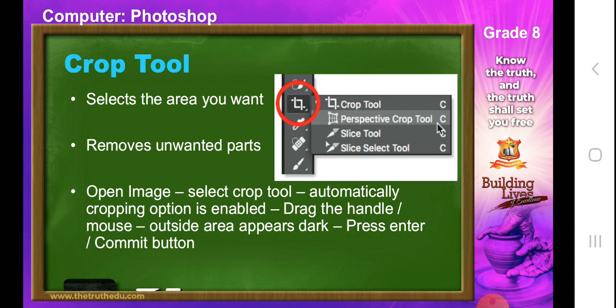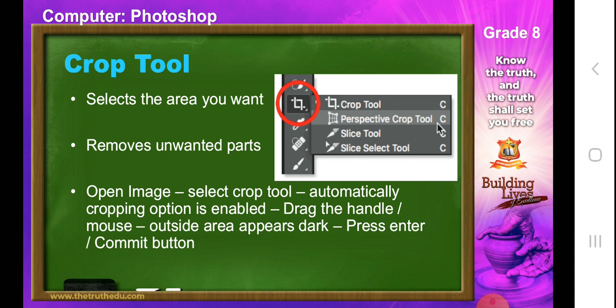Crop tool. Most of you would be using it, and most of you have already used it in Paint. Now this crop tool is used to select a specific area which we want to focus on, and you can remove the rest of the unwanted parts, right? For example, in an image of your friends or your family, if you want to separate your photo, you can use the crop tool, select your portion of the image and then press enter. What will happen is only your image will be left and all the other parts will get removed from the work area.